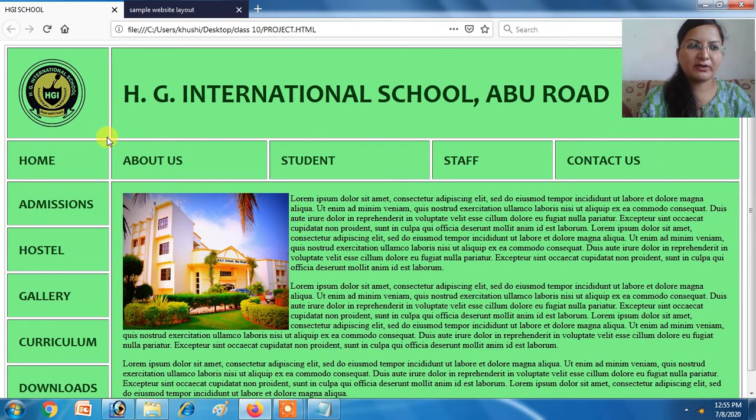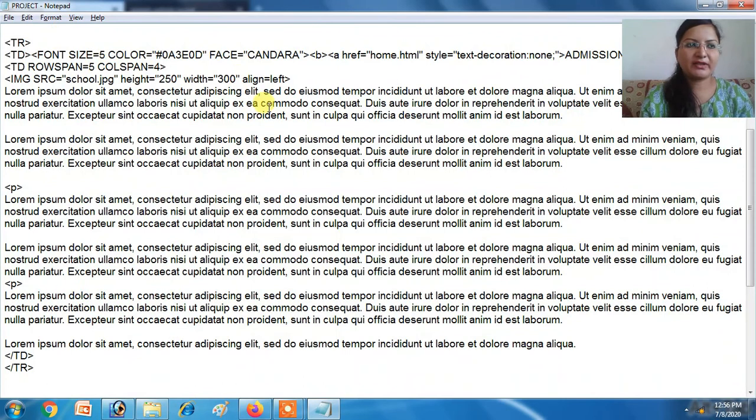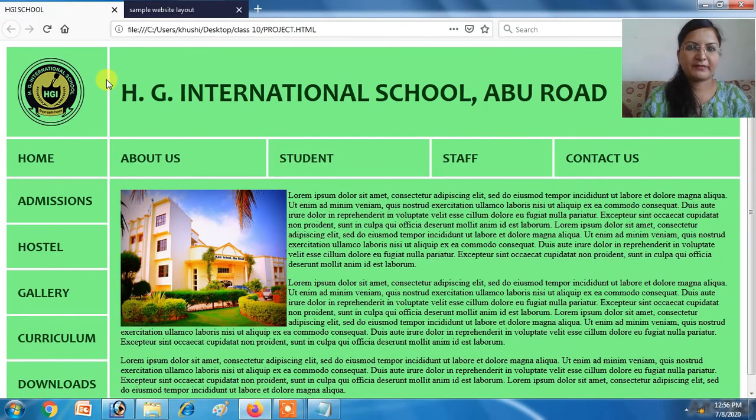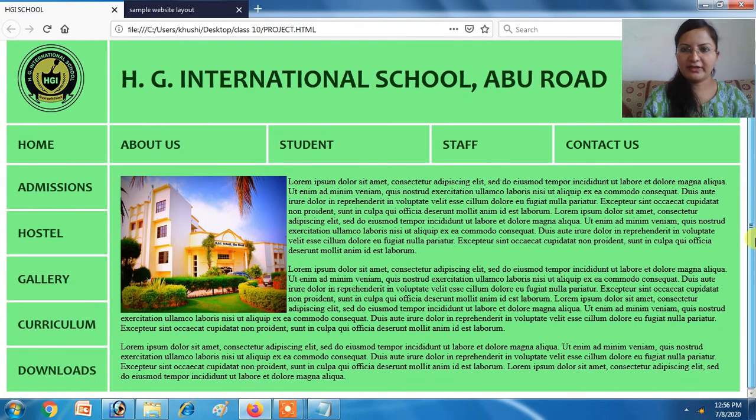Now you can see the borders are not looking so good. Now we can remove the border. Okay, cell spacing and cell padding will be maintained accordingly as we have kept it in the table tag. So now remove the border so that there will be smoothness. Table border equals to, okay, this one. Now you can see, okay, there's a symmetry.